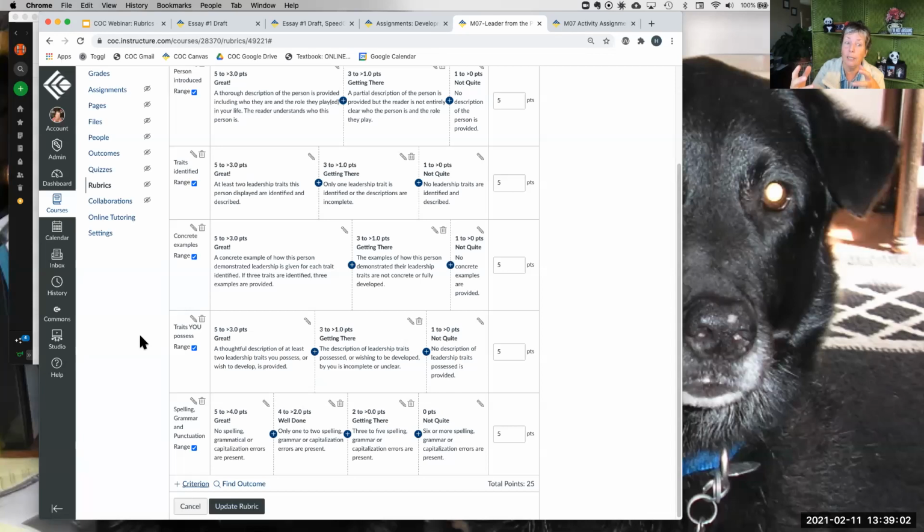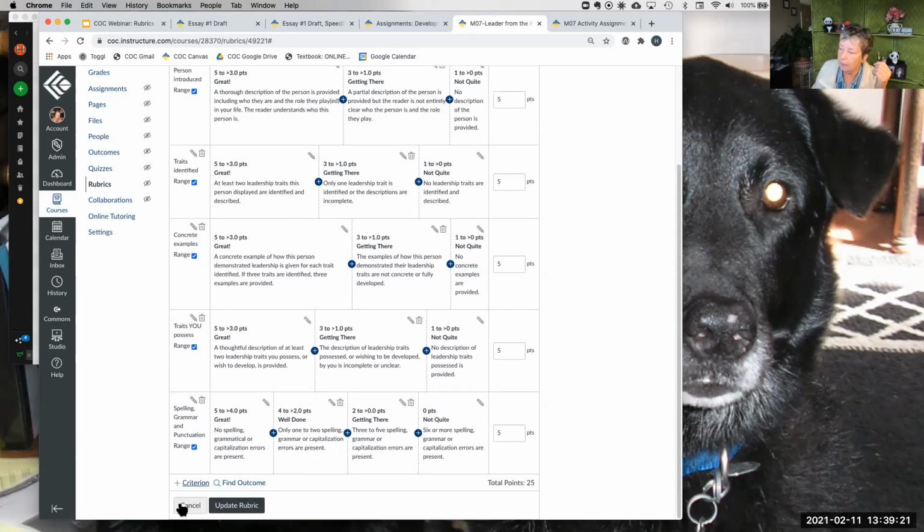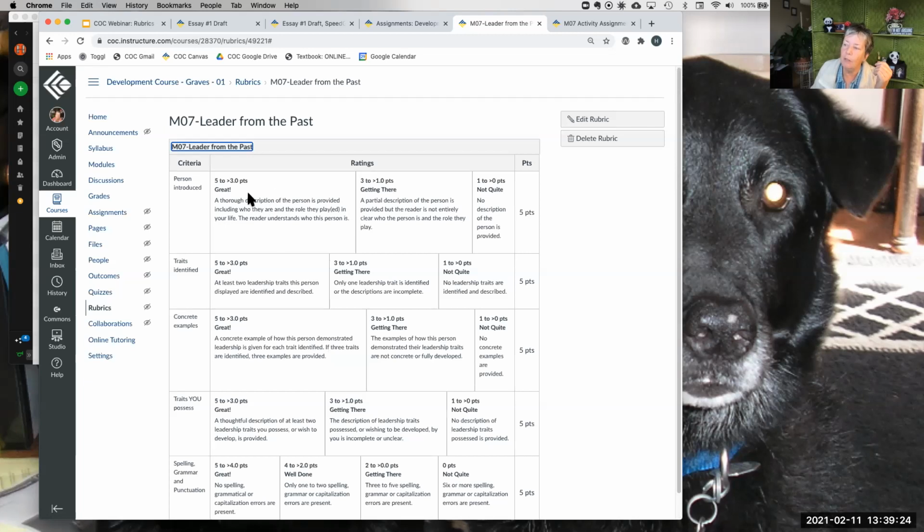No grading criteria is worth, I mean, they're never worth more than 10 points or so. So if I have 3 ratings, the range is never going to be more than a couple of points for each rating. And so I don't go into a lot of description. I do though, if I were to mark someone, let's say I marked them great, but I only gave them 3 points. In the comments, I would explain why they only got the 3 points. Two of your descriptions were great. One of them really needed a little more work, just so they were clear and I was clear why they got that.